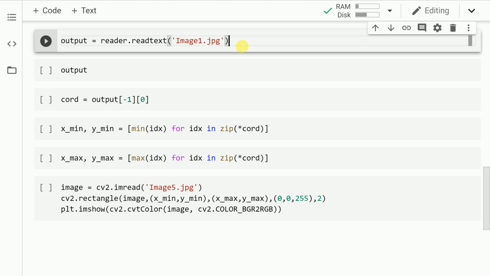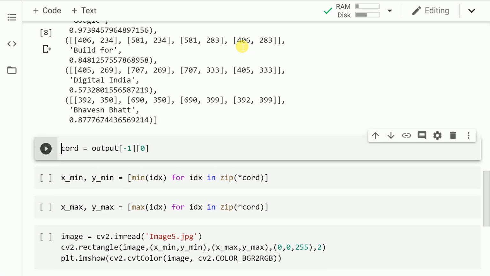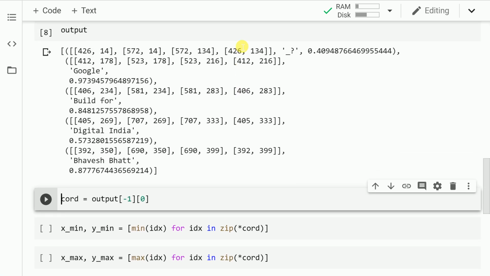The next thing that I do is I call the function readtext, which takes in the image and generates the text out of it and saves this output in a variable called output. So let me run this cell. Let's go over the content of the output variable. This is the output that is generated.